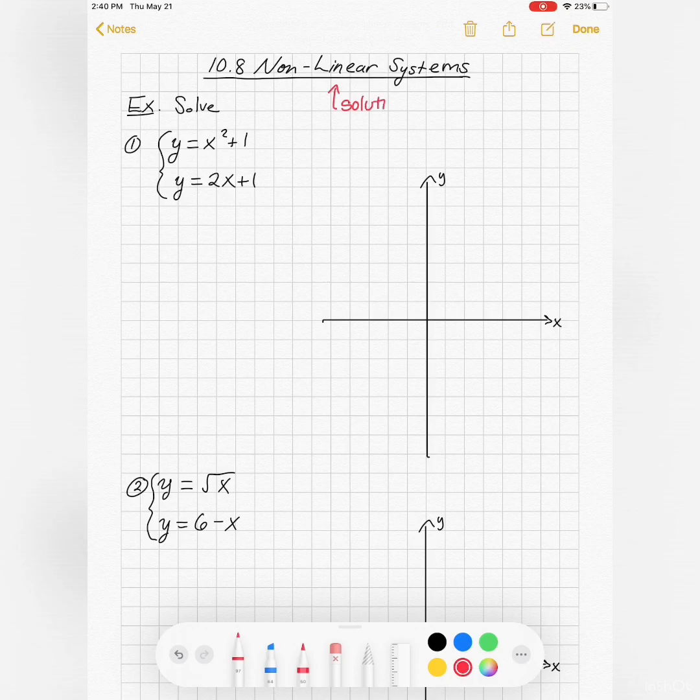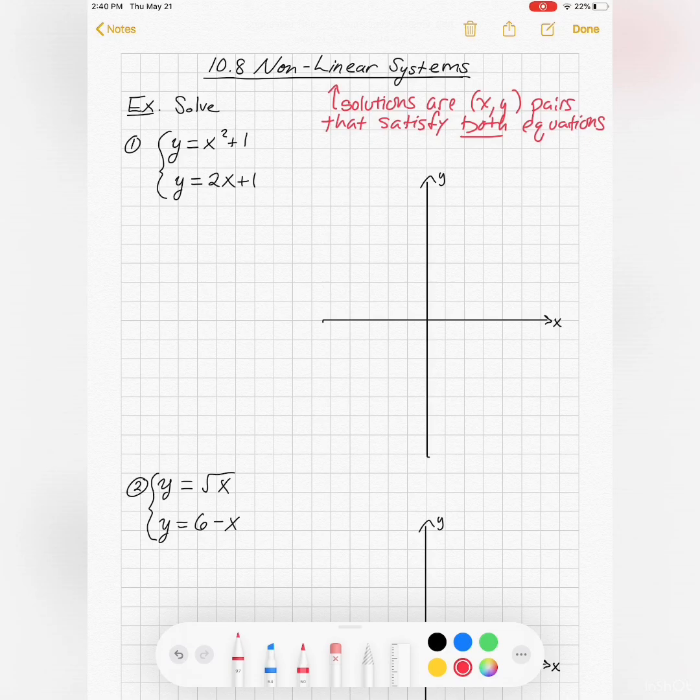So solutions are x, y pairs that satisfy both equations. In order for an x, y pair to be considered a solution to the system, it has to satisfy not just one, but both of the equations in that system. So if you think about what that means graphically,